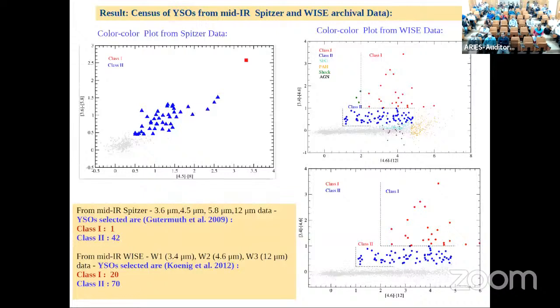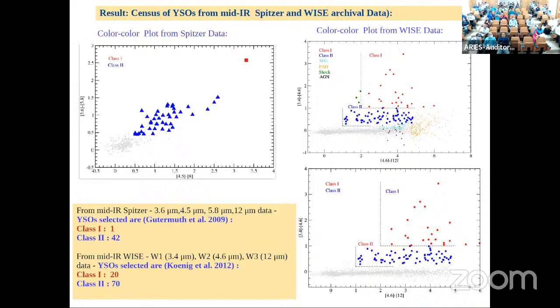Okay, so as I have mentioned, one of my objectives is to study the pre-main sequence stars, and color-color diagrams are one of the important tools for this purpose. So by using the Spitzer data, we have classified class 1 sources and 42 class 2 sources. We have followed Gutermuth et al. 2009, but Spitzer has insufficient detection in all four bands. So we have also used the WISE data, and we have followed Koenig et al. 2012 for this